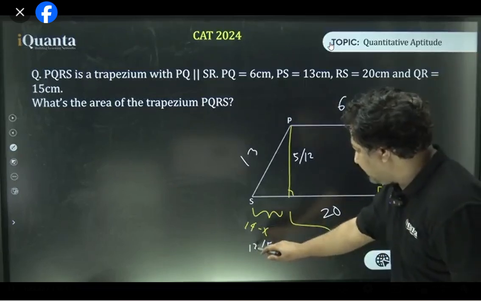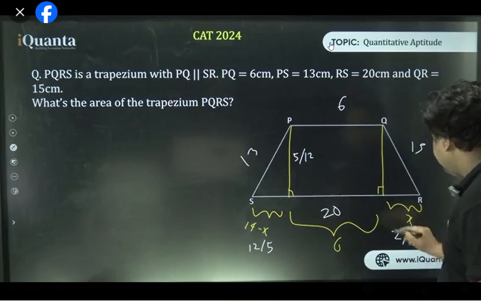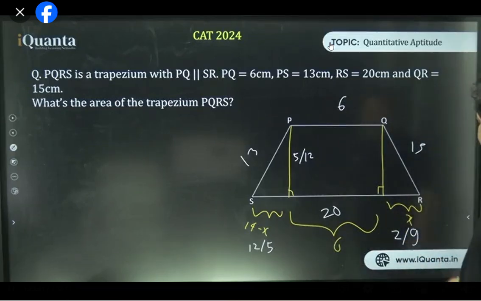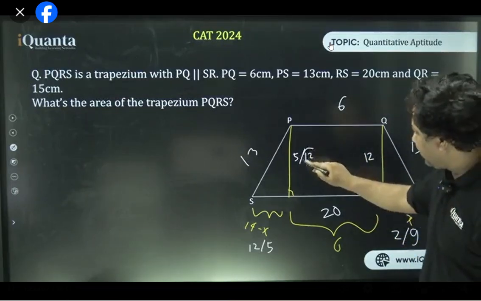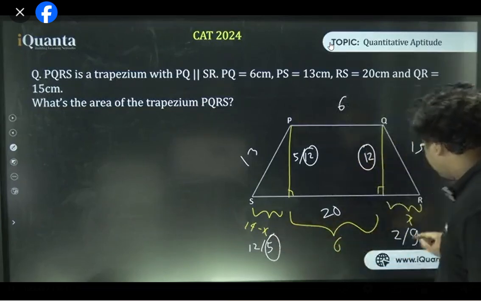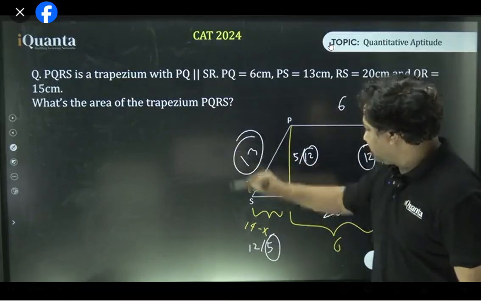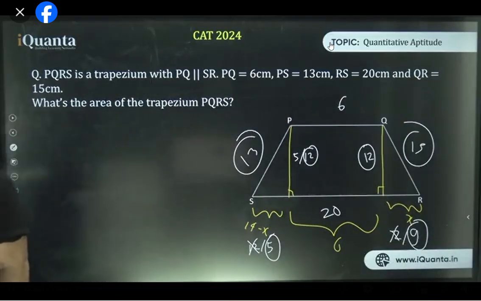14 minus x is 12. That means x is 2. 14 minus x is 5. That means x is 9. 2 oblique 9. Here we have 15. 2 से ट्रिपलेट बन नहीं रहा. 9 से बनेगा क्या? 9, 12, 15 बिल्कुल बन रहा है. See, so we got something common. We got 12 common. Common height. That means the second case was correct. Wow. And these cases got rejected. Beautiful, isn't it? देखा? How triplets can help you.